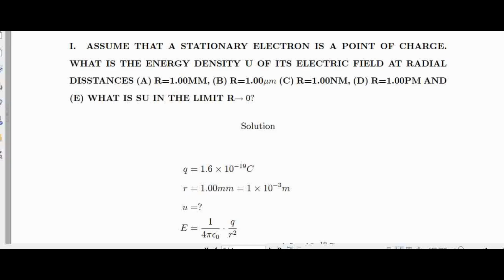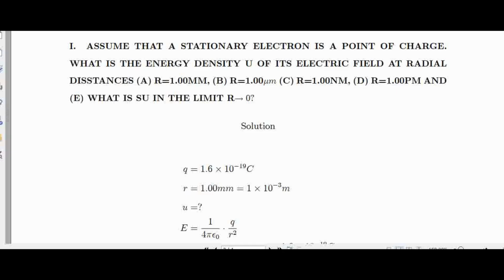We have to assume a stationary electron as a point charge. So we'll use the formulas for the point charge as we found in chapter numbers 21 and 22. What is the energy density of its electric field at radial distances r equal to: A part is 1.0 millimeter, B is 1.0 micrometer, C is 1 nanometer, D is 1 picometer, and E is